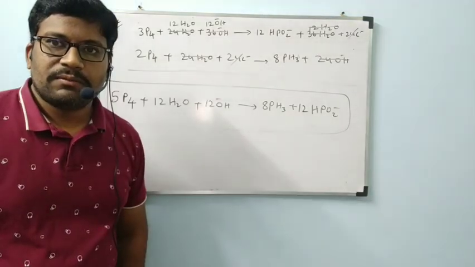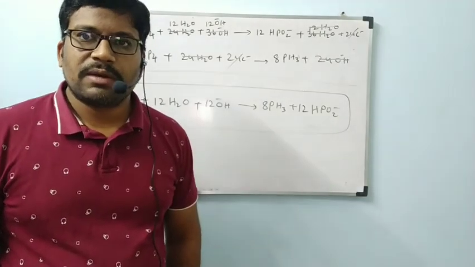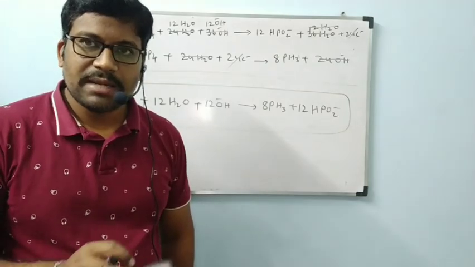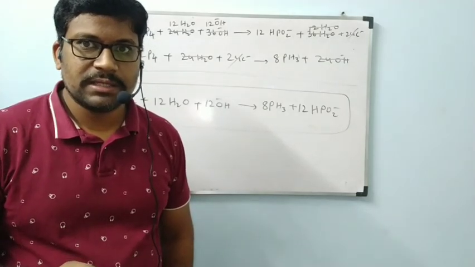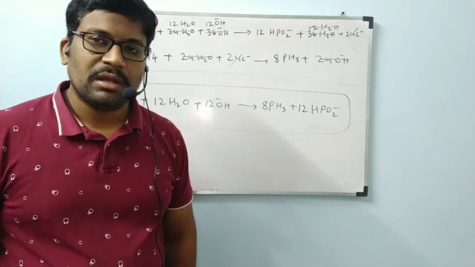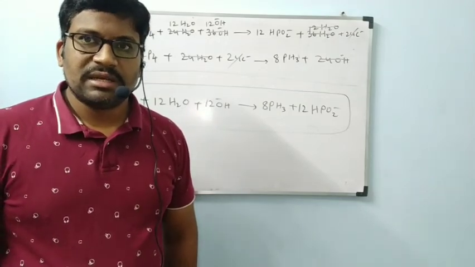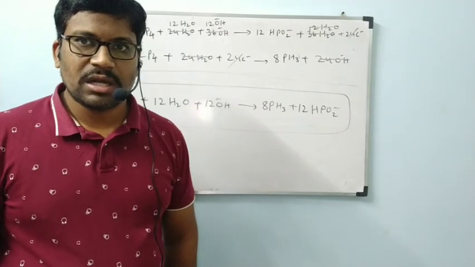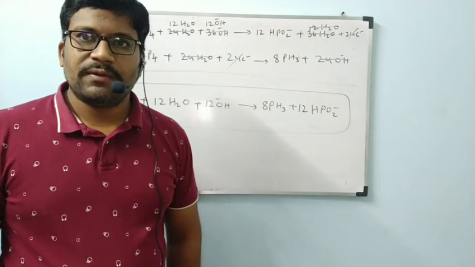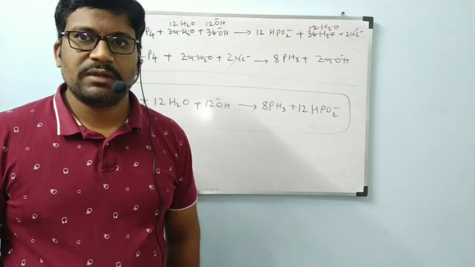So today we completed two basic equations. In the next class we will go for one more basic equation. By that, redox reactions balancing in basic medium also will be completed. Acidic medium already completed. Next we will go for the oxidation number method. In that only one example is there. That one I will explain. That is enough. There is no particular rule for the oxidation number method. By the next class, this balancing everything is getting over. After that, if any topic is there, we will see. By 1 or 2 classes we will complete this chapter.